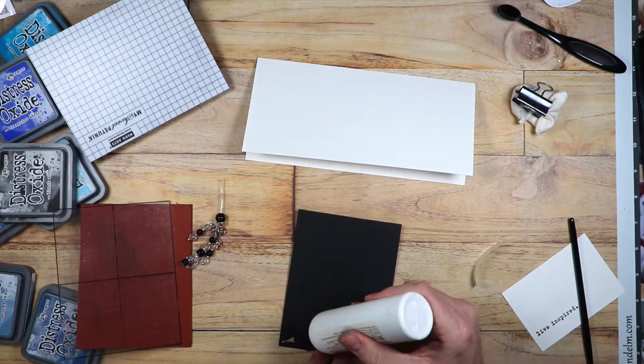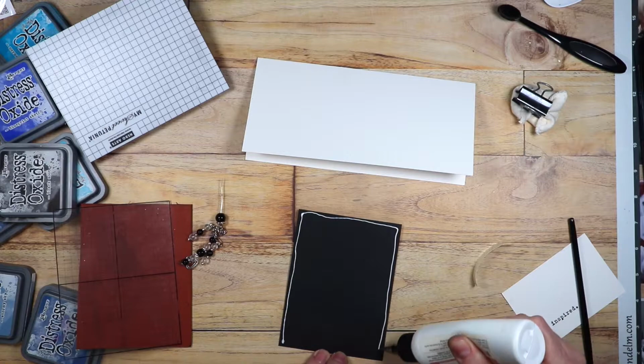So I'm just using a card base here that I already had. I'm going to cut this off, but